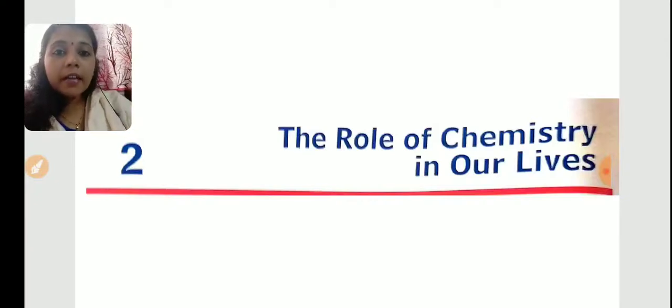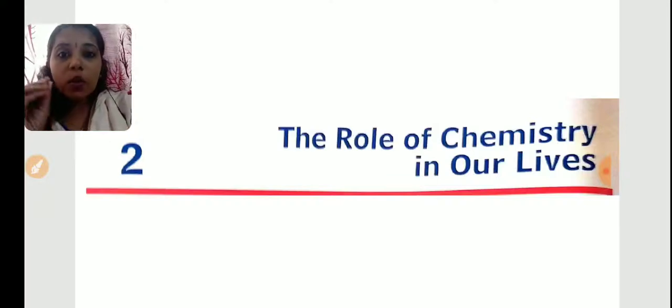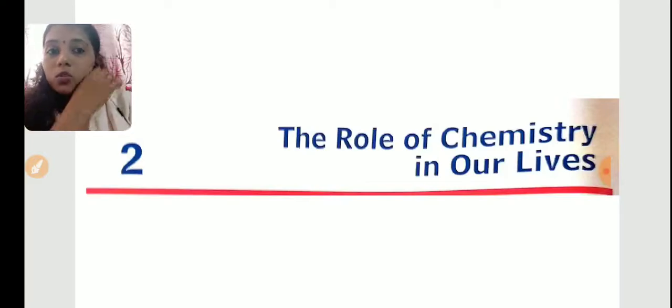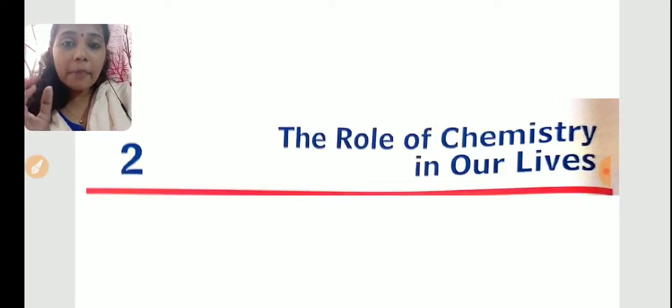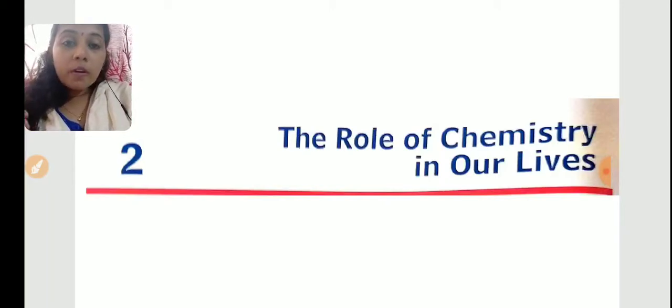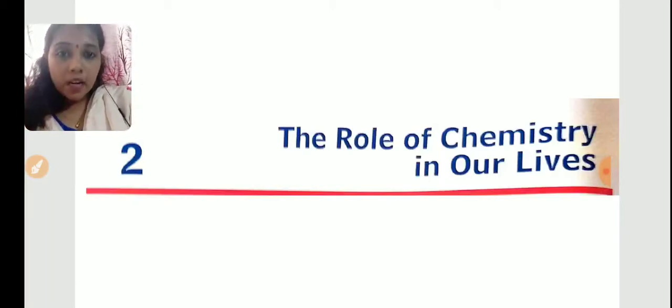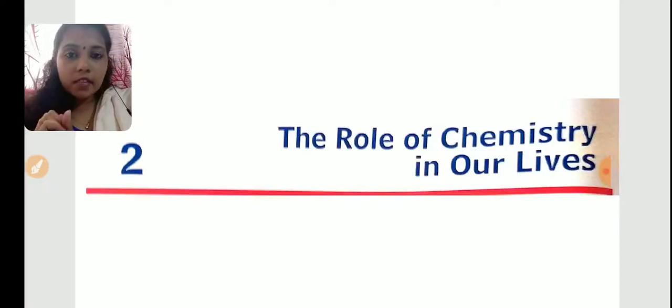What is an insecticide? The chemicals used to destroy insects are known as insecticides. And what are rodenticides? Rodenticides are the chemicals used to destroy rodents. What are rodents? Rodents means animals like rats, rabbits, snakes, etc. And what are weedicides? Weedicides are the chemicals used to remove or destroy unwanted plants. Unwanted plants are known as weeds. These are the three types of pesticides we have studied.